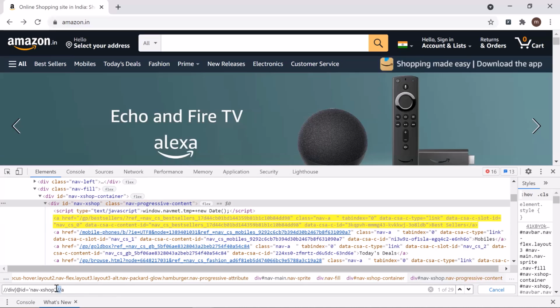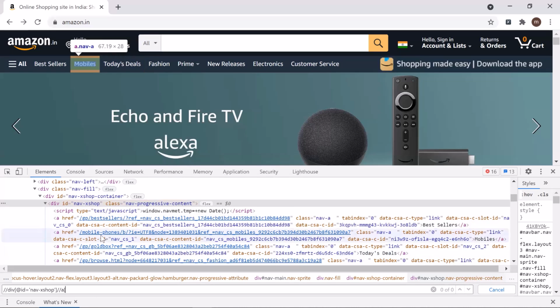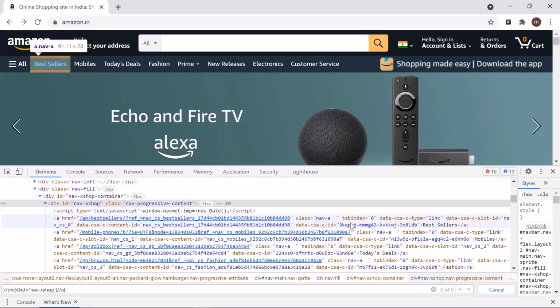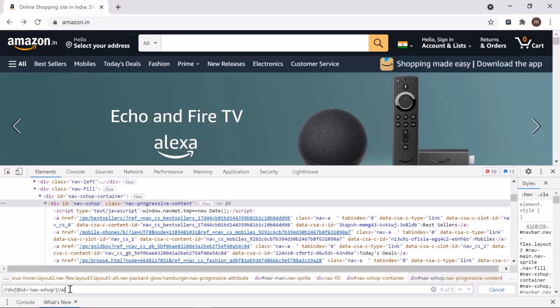Again, here you can use double or single slash for creating the absolute or relative path. Here you can see that it returned 29 results, which means this XPath is not enough to uniquely identify our web element. So again, we're going to filter the results by using unique properties. As we don't have any unique attribute associated with this element, I'm going to use the text value of this link to identify it uniquely.